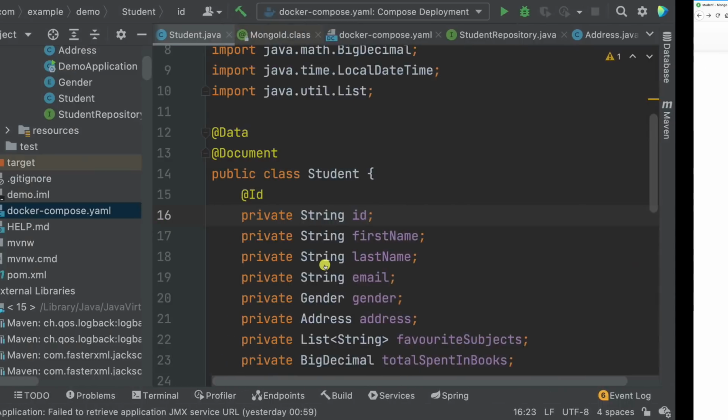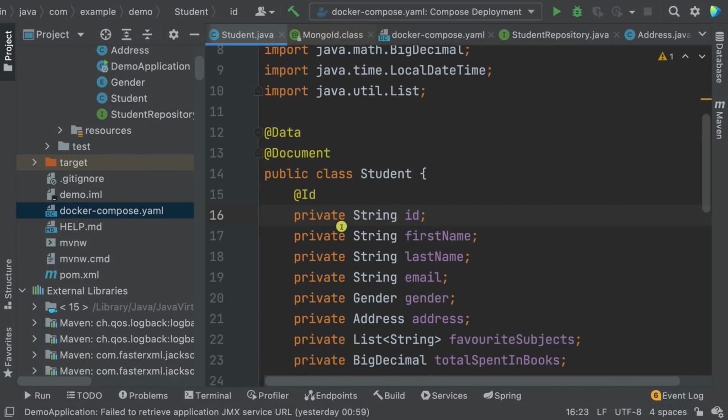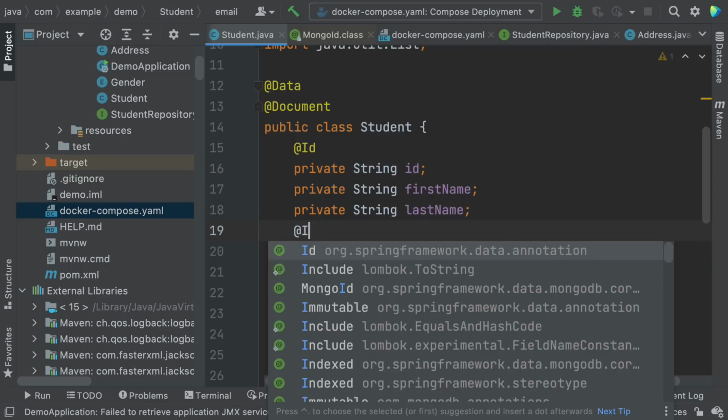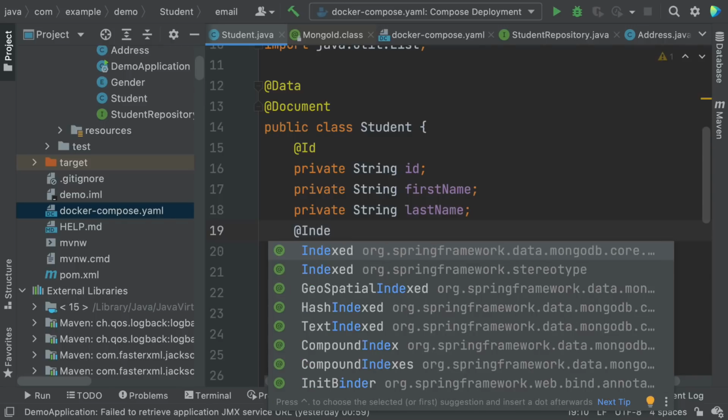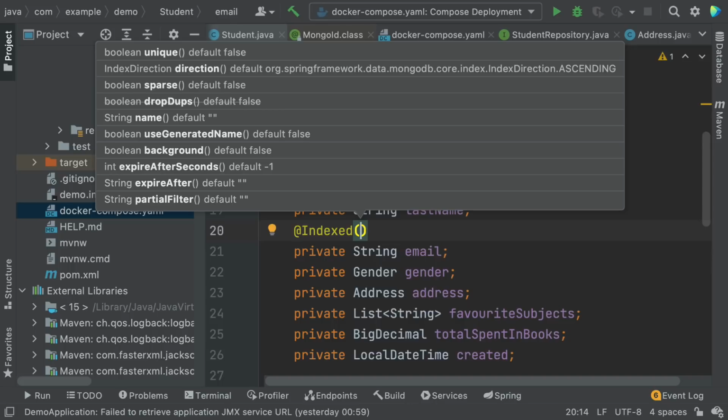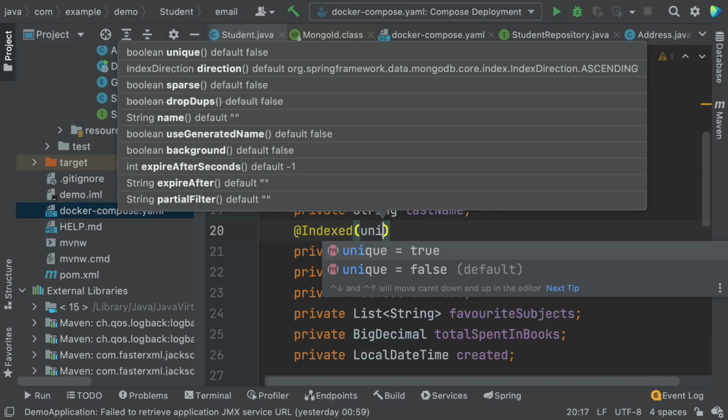So here, if I go back to IntelliJ, you saw that we use the document, ID, but here on the email, we can say at and then indexed. So this comes from Mongo core, just like that. Now inside, I can basically specify a few things. So you can see there, Boolean, unique, and then the default is false. We can specify the direction, and you can see the default is ascending. We can have the sparse, name, background, so on and so forth, right? So even expire after seconds. But what I want to do here is I want to say unique, and then this will be equal to